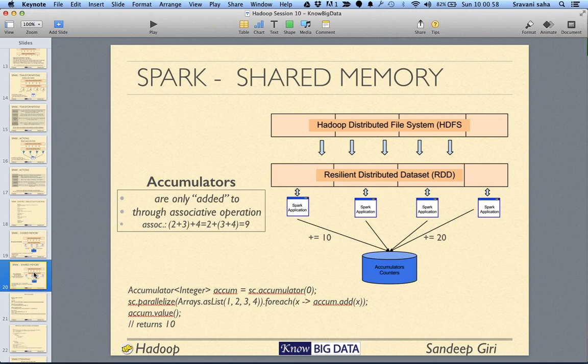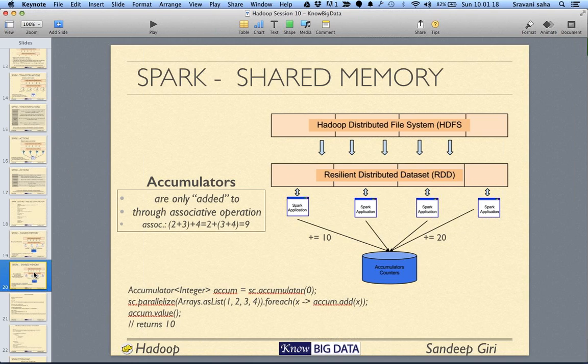Then Spark provides something called an accumulator. If each node needs to update you with their progress, that I'm done with this, or each node needs to send you log errors, in all those cases they can use accumulators.